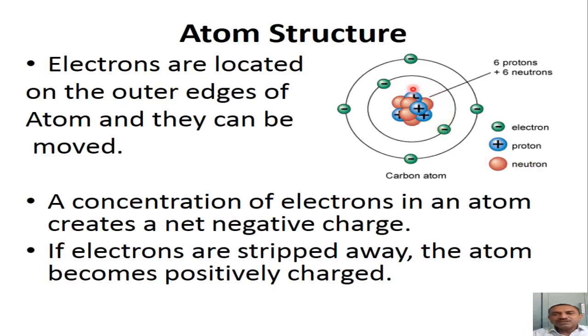Now we can see in this diagram that around the nucleus another particle, that is the third particle, is moving in the orbits. You can see there are two orbits for the carbon atom. In the first orbit, you can observe here that two electrons are revolving around the nucleus. In the second orbit, there are four electrons which are revolving around the nucleus itself.